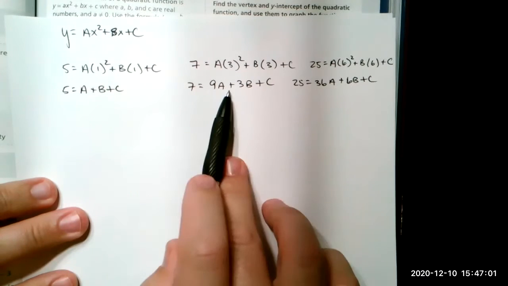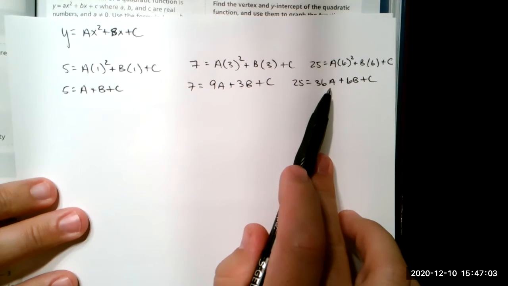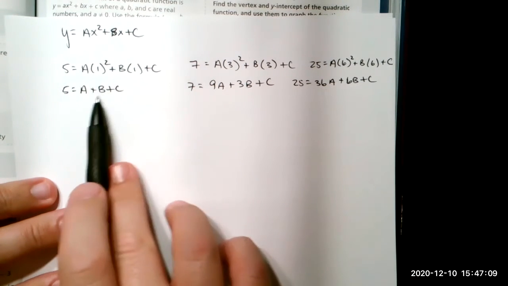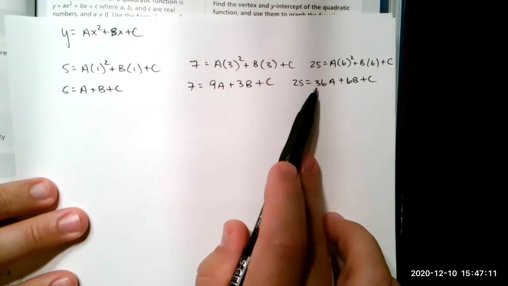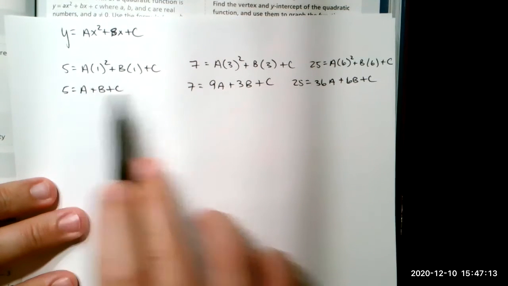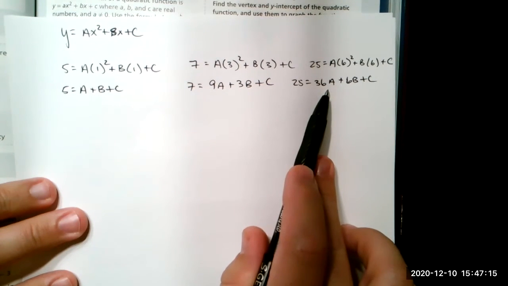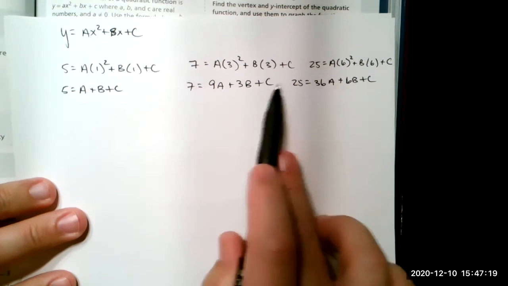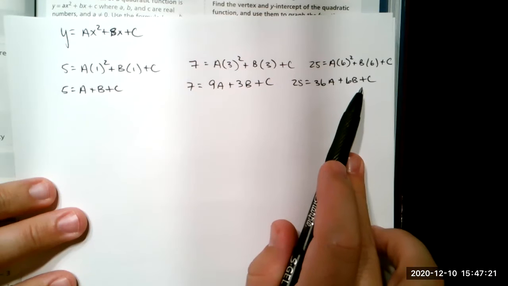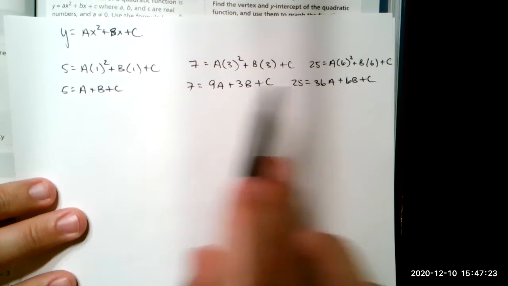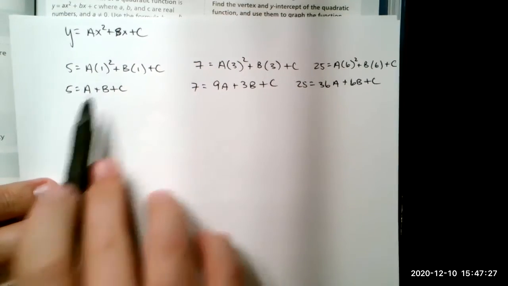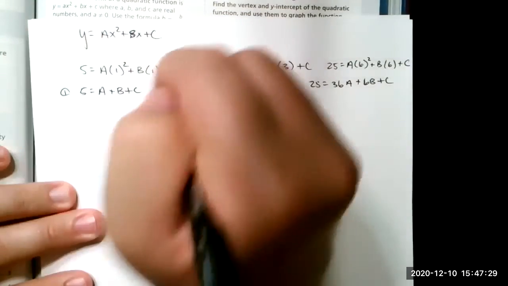Basically, if I add or subtract these equations together, I need to eliminate A, B, or C, one of the 3. The problem is if I choose A or B, I'm going to have to multiply one or both of the equations to drop out A, because that's an A, that's a 9A, that's a 36A. C is all 1C. That's 1C, 1C, 1C. So I think what I can do is if I eliminate C, I can just subtract them, and it's just going to eliminate them. So I'm going to take equation 1,